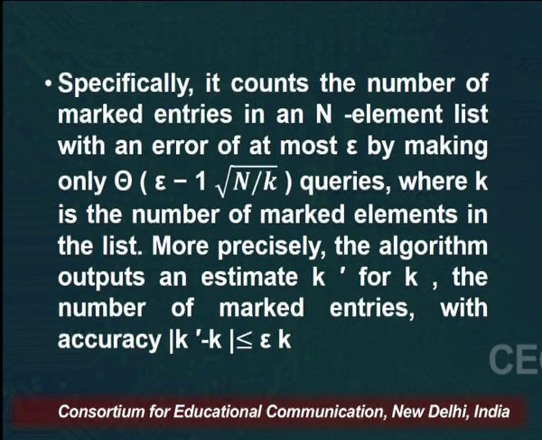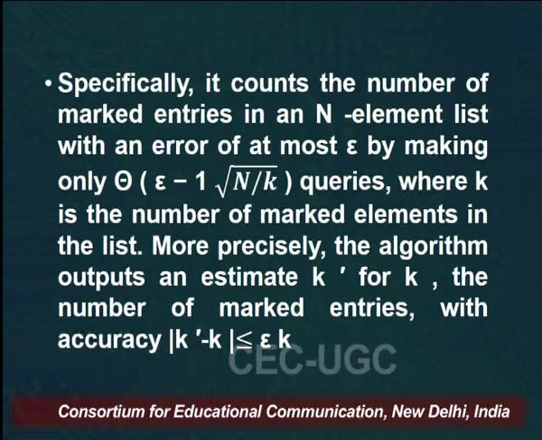Counting means here we have marked entries of data in an unordered, not structured, list. An unordered list with marked entries can be searched through quantum counting instead of just detecting whether ones exist. Specifically, it counts the number of marked entries in an n-element list with an error of at most epsilon